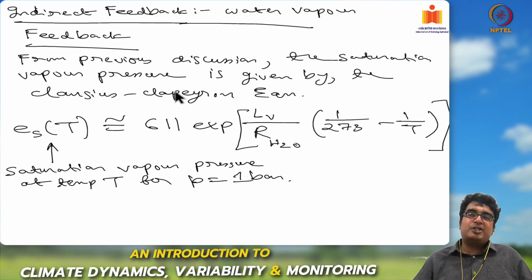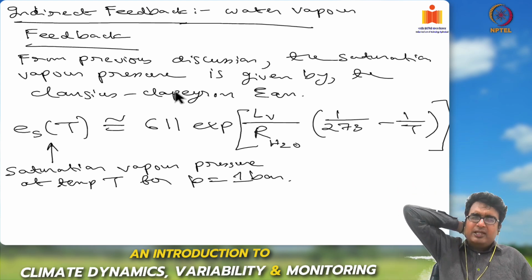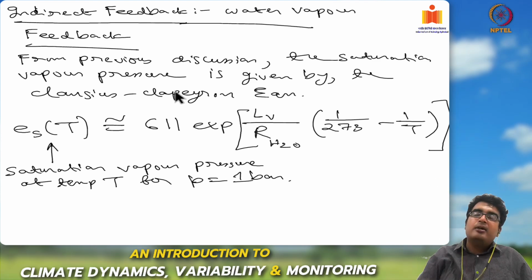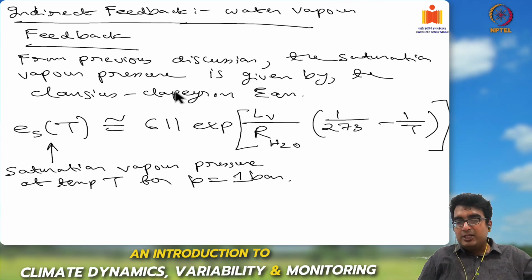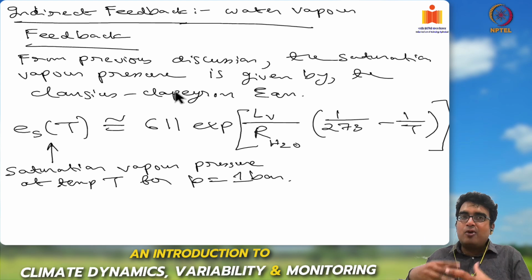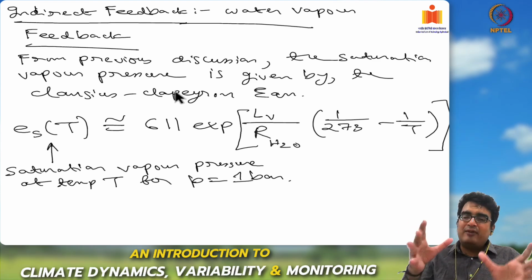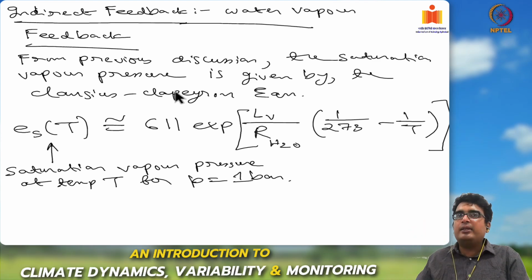From previous discussion, we discussed relative humidity, water vapor, specific humidity, mixing ratios, etc. in some of the first few weeks of our class. So notice how many of the concepts that we have discussed earlier are now coming back and fleshing out some of the climate models that we are developing. Okay. So this is kind of how all the concepts that we have developed independently are coming together now in